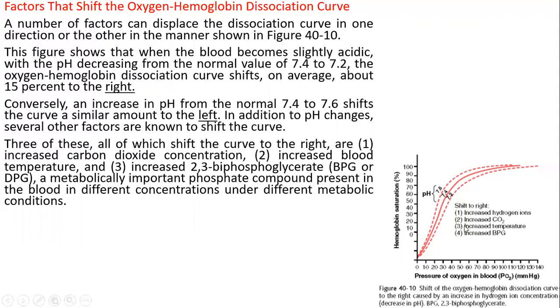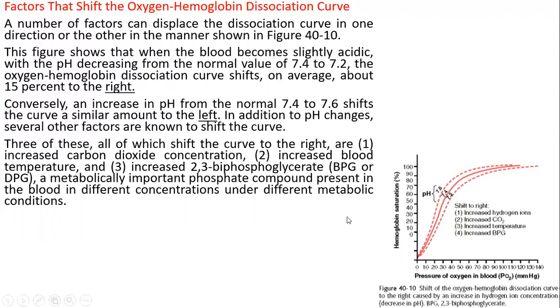مثلا إذا ناخذ هسه shifting to the right when the blood becomes slightly acidic, when the pH decreasing from the normal value اللي 7.4 إلى 7.2 become more acidic, this will shift the hemoglobin dissociation curve اللي 15% تقريبا للرايت. Conversely, من pH from normal إلى 7.6 اللي هو shift to the left. In addition to pH changes, several factors that are known to shift the curve. يعني المؤثر الأساسي هو ال pH. يعني كل ما يقل ال pH يصير shift to the right، كل ما يزيد ال pH يصير shift to the